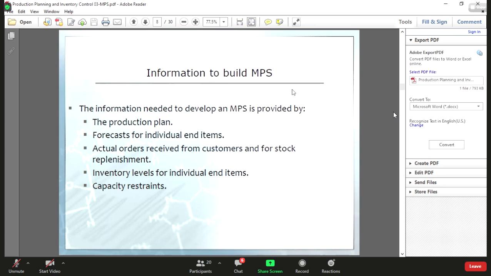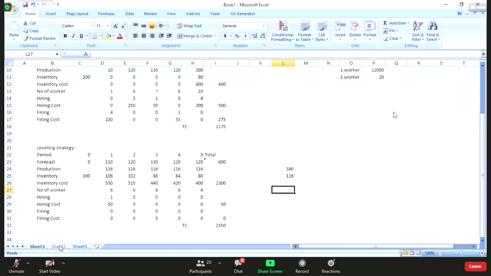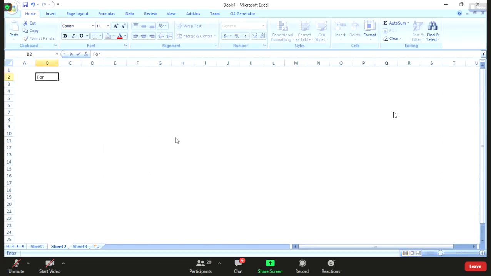Okay, I will show you the Excel again. I go back to the previous Excel, then I go to sheet 2. Let's say this is the forecast. Can you see my Excel? Students? Yes, sir. Okay. This is the forecast, and this is the period: 1, 2, 3. Let's say only 3 periods. And then the forecast is 120, 110, 150, just for example. Again, this is for family, not item.